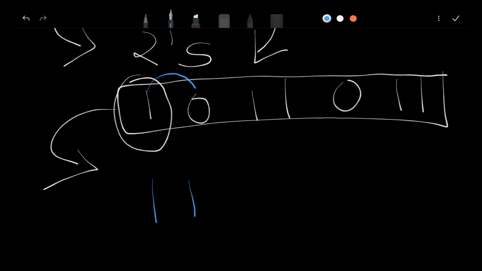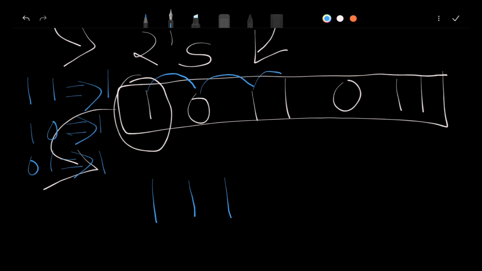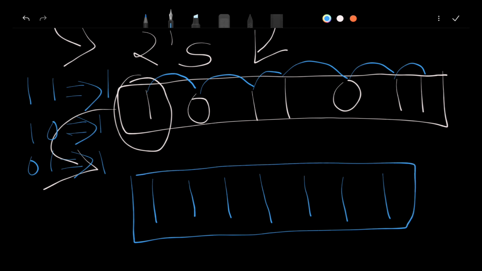By the way, bitwise OR for 2 binary digits: if we get 1 and 1, the answer will be 1; 1, 0 gives 1; 1, 1 gives 1. So the bitwise OR for this is 1, 1, 1, 1, 1 and 1. Store this array